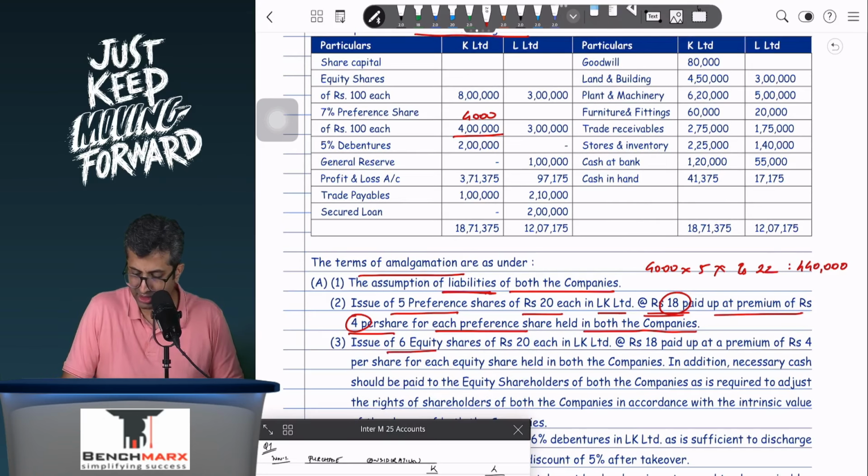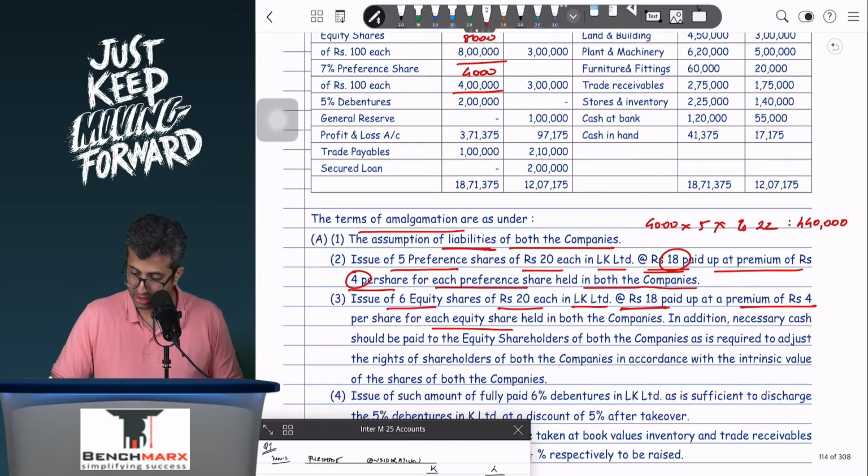An issue of 6 equity shares of rupees 20 each again in LK at the rate 18, premium of rupees 4, for each equity share in both the companies. So over here, this will be 8 lakhs, that is, I think, 8,000 shares. So you will say 8,000 into 6, 48,000 into rupees 22. 48,000 into 22 comes to 10 lakh 56. This is 10 lakh